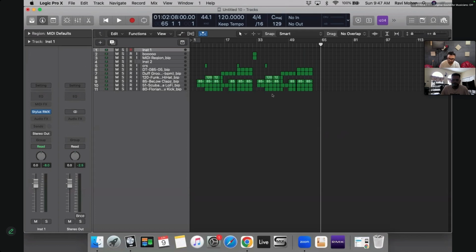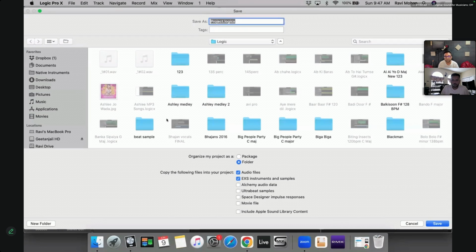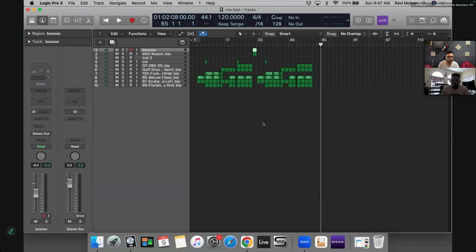Now, if we want to do something like this, I think I should save this session for you to recall, maybe. Obviously, I'm going to send you the recording, but let's say this is RMX test. RMX is actually very vast, and there are still so many things that we will have to take into consideration next time.